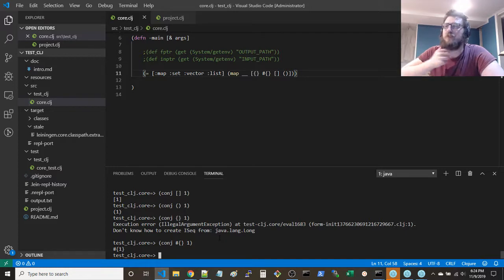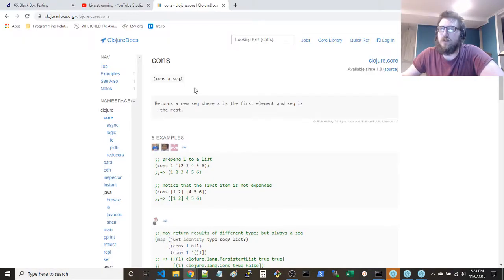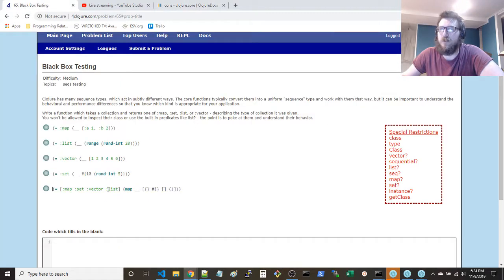So we can at least eliminate whether or not it's a map. If we use conjoin on a map, we'll get an exception. So that's one down. You just use process of elimination to get the other ones. So conjoin on a map will throw an error, so we can at least use that. Okay, perfect. What are the other properties, the other two? Set, vector, and list.